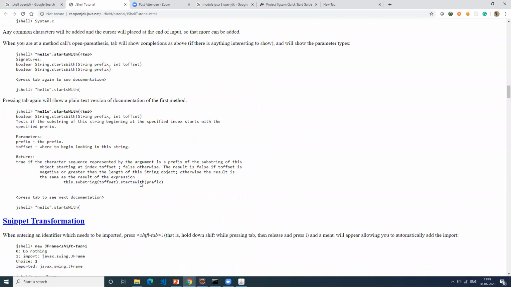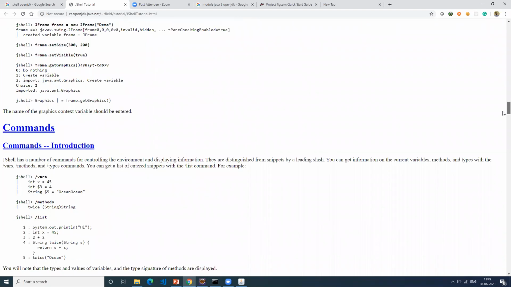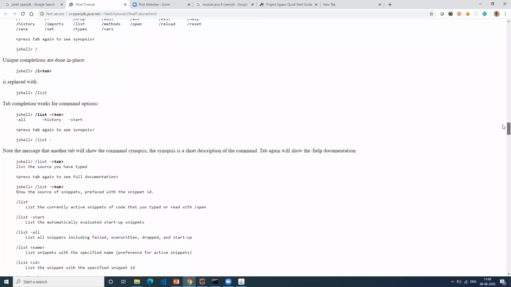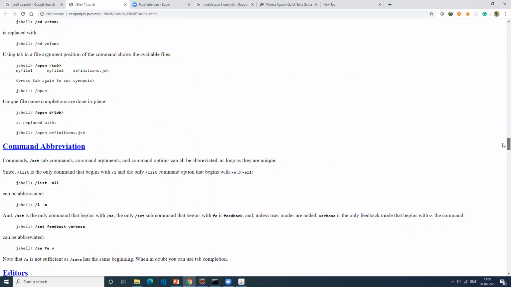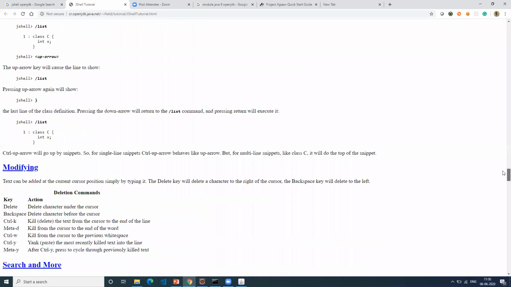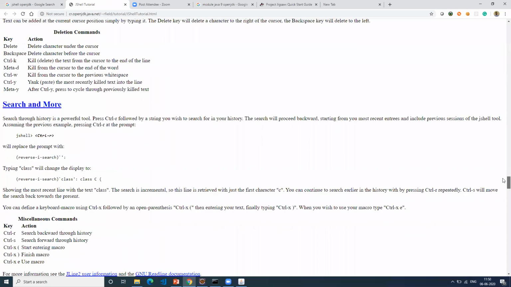Okay. Let me quickly show till down. These are different commands that we can use. And let's say you have some editor already in your system. Let's say you are familiar with Notepad++ or Sublime Text, right? You can attach that also. All these things you can experiment here. You can just go through this list and you'll have a better understanding. This is the official website from OpenJDK.